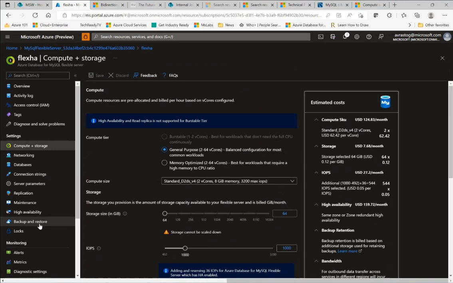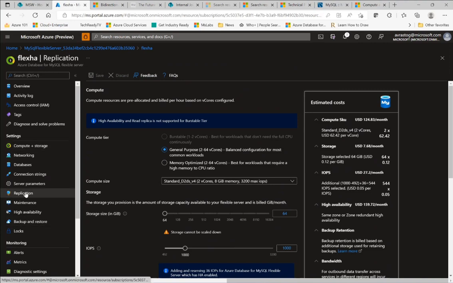The first step is to stop the replication, and then your read replica will become the read write instance. Once that configuration is complete, you can update your application connection string to point your application to this new read write instance. Because each read replica has its own compute and own storage, and it has a separate